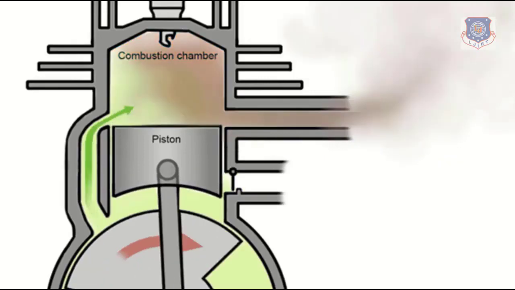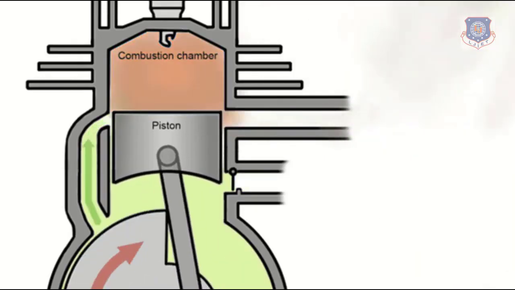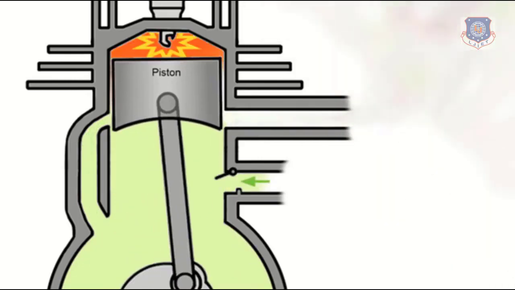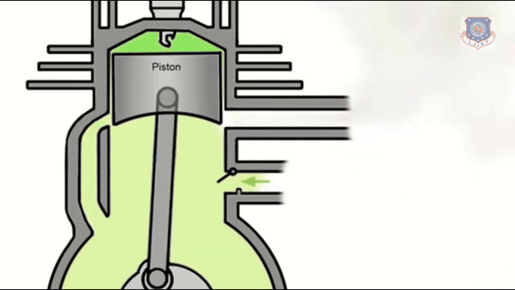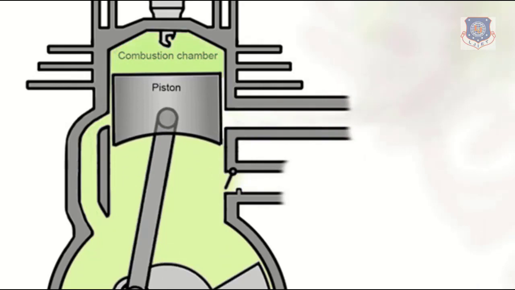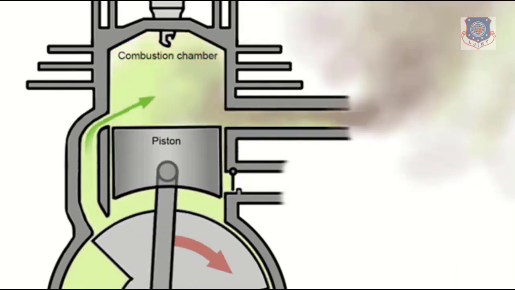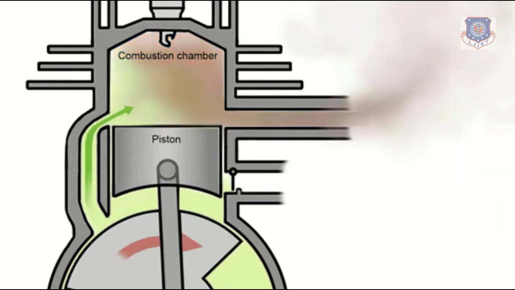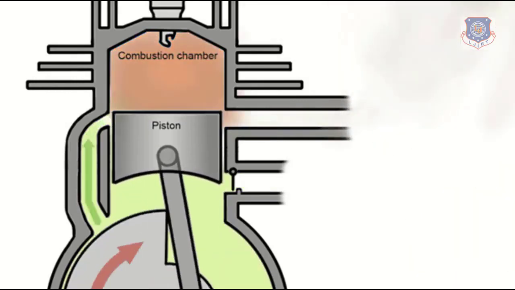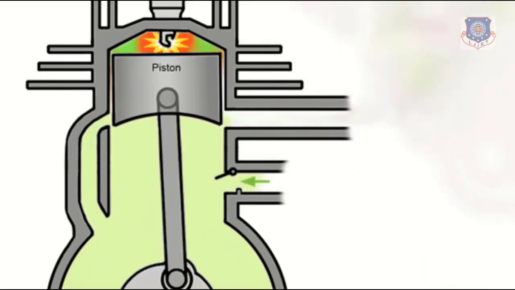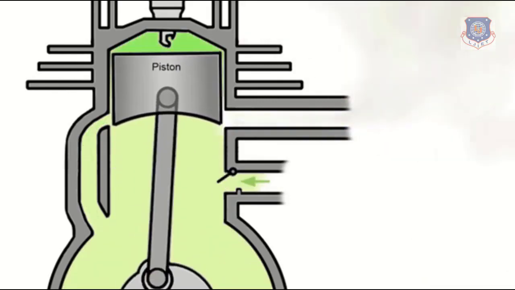See, the spark is generated and it will generate a power stroke, and after the power stroke it will be exhausted. Fine. So it is a whole process. Fine. It is a whole process in which the piston is moving up and down, the crank is rotating, inlet is done from the reed valve, it will be transferred through the transfer port to the combustion chamber, and thereafter it will generate power and the exhaust gas will be removed from the exhaust port. Fine. So the basic construction is like this.